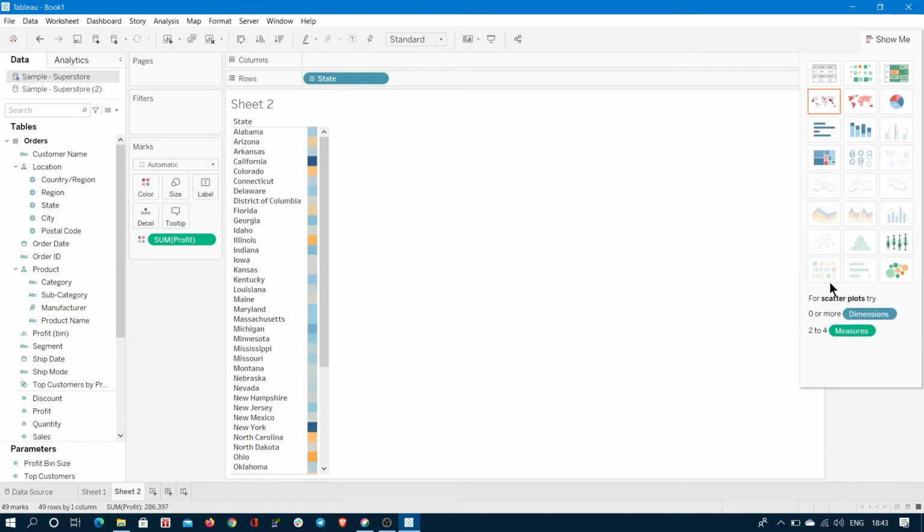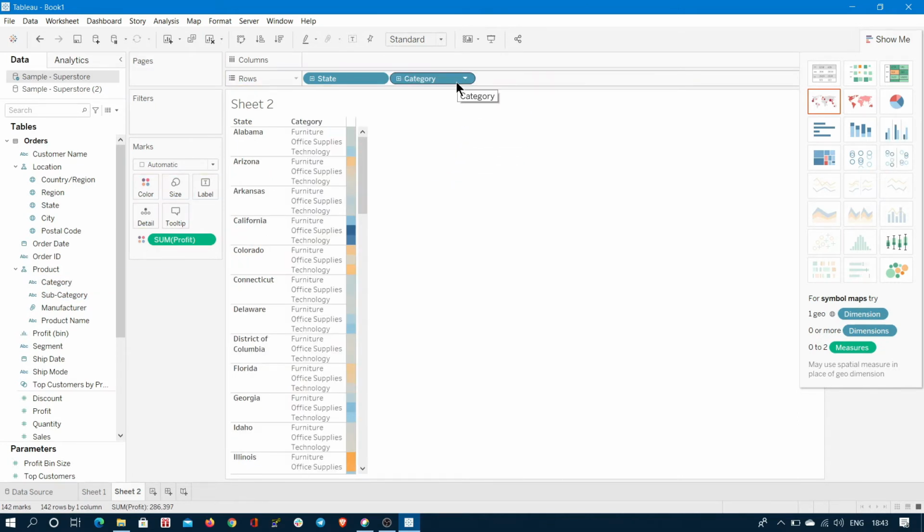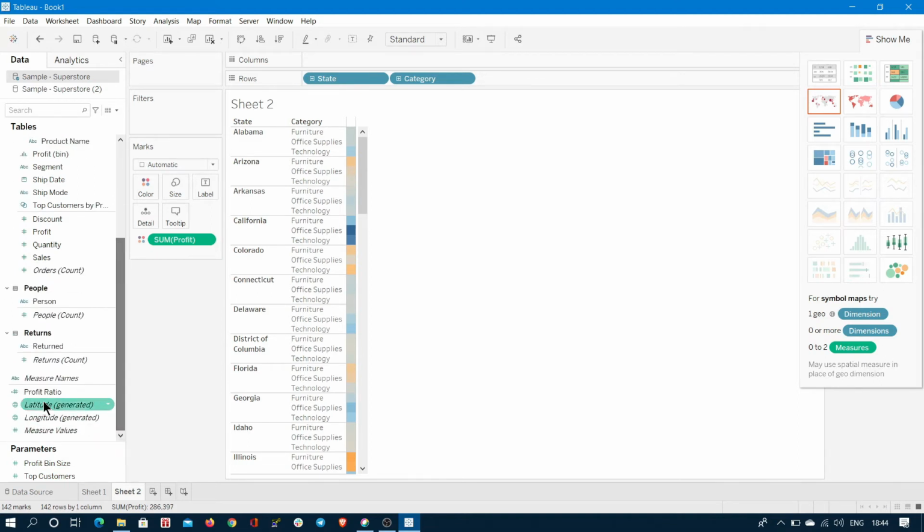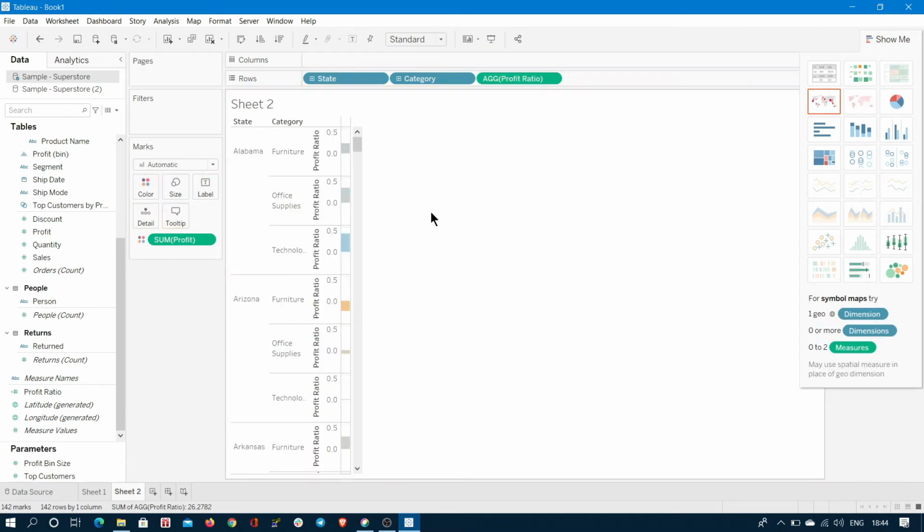If you follow the same rules, that is one or more dimensions, I will add a few more dimensions like category. I added category. Then I will add one more measure here, that is profit ratio. So I'm adding profit ratio to this one.